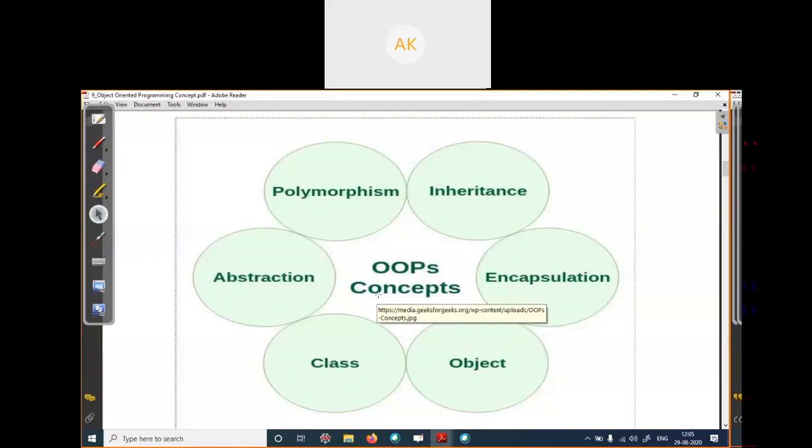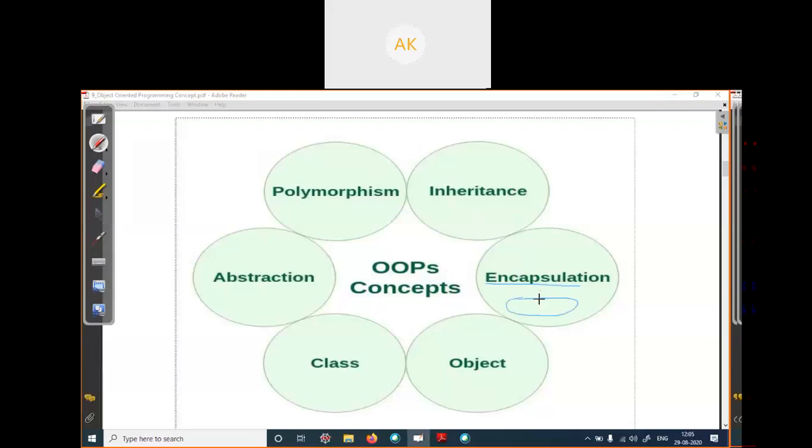Yes, sir. So the next concept is encapsulation. The third concept is encapsulation. Encapsulation means we are encapsulating our data members and functions into a single unit, like a capsule.